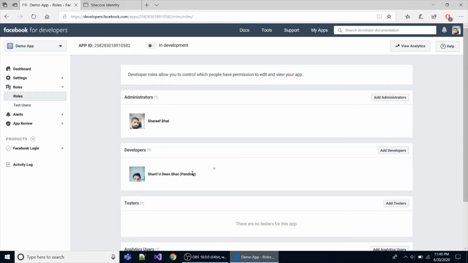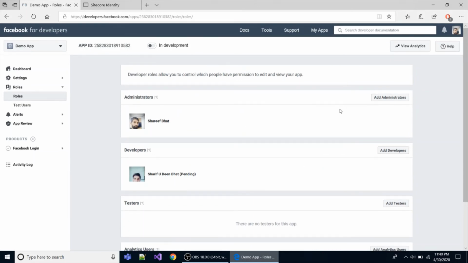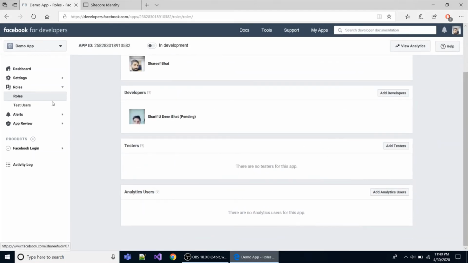And this is pending: the notification will go to this user, and this user will approve it, and after that it will come here and we can use it. Similarly, we can add testers and analytics users. So these are four types of roles here. We can add users here, test users here.